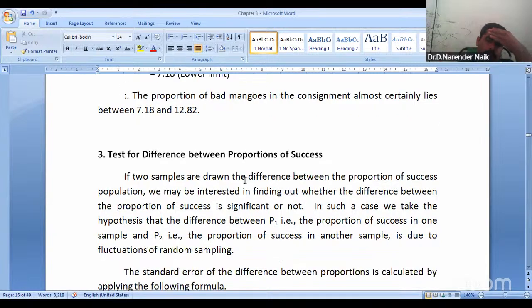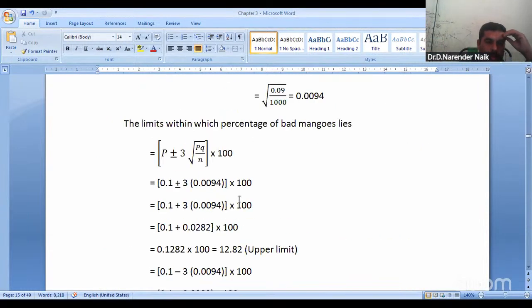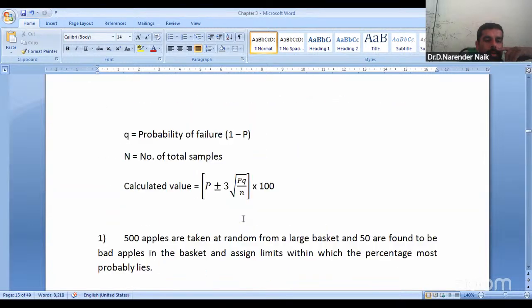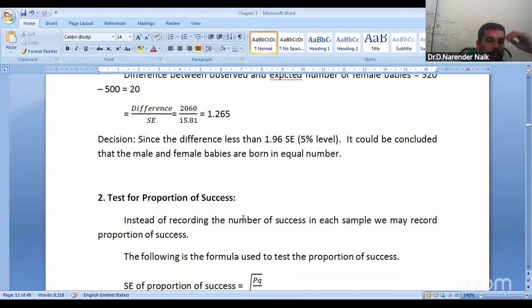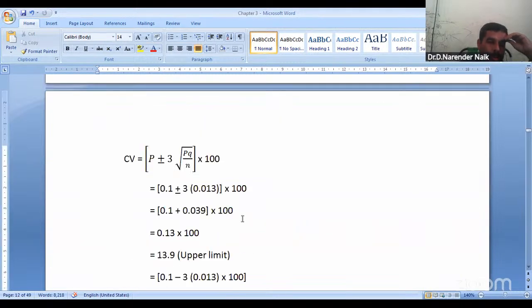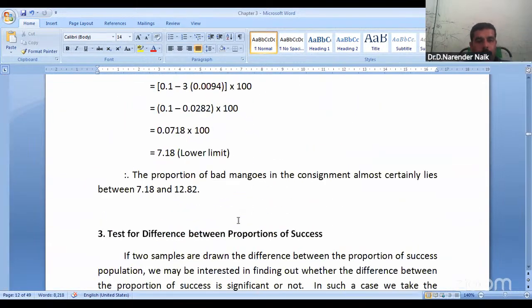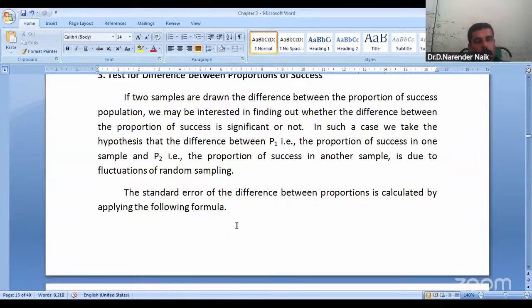Then the next method, test for a difference between proportions of success. Look carefully: test for proportion of success, and here the difference between proportions of success. If two samples are drawn,